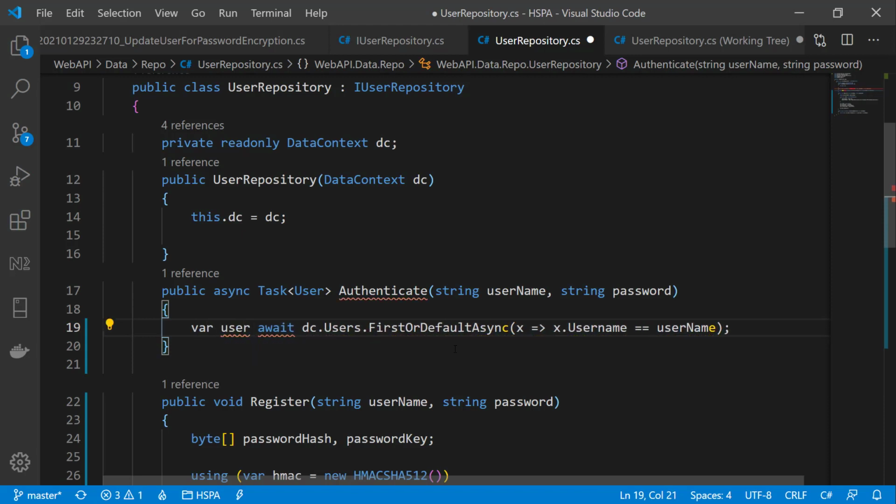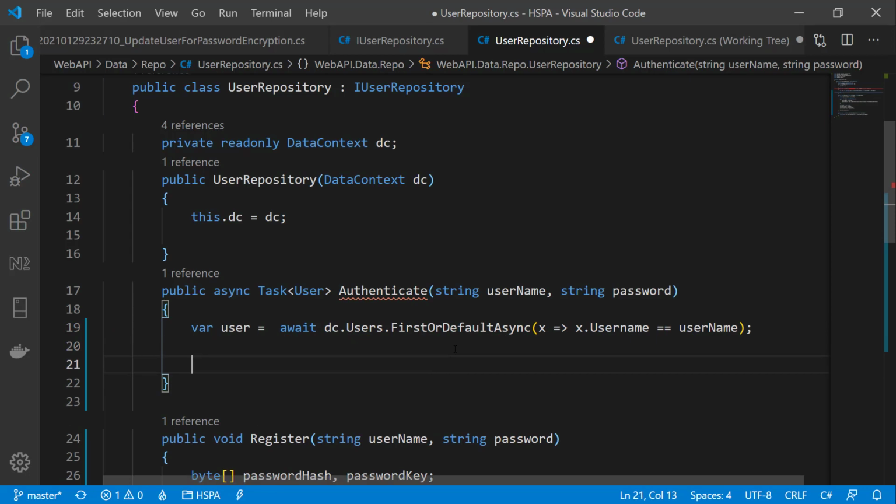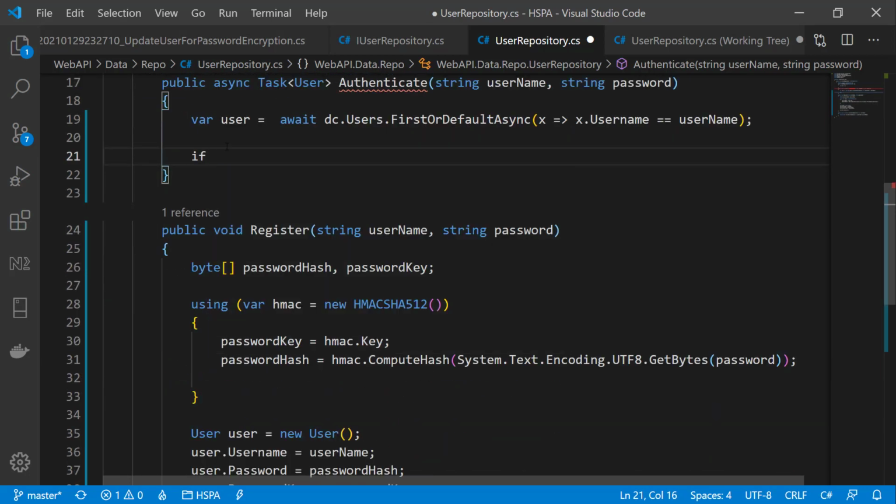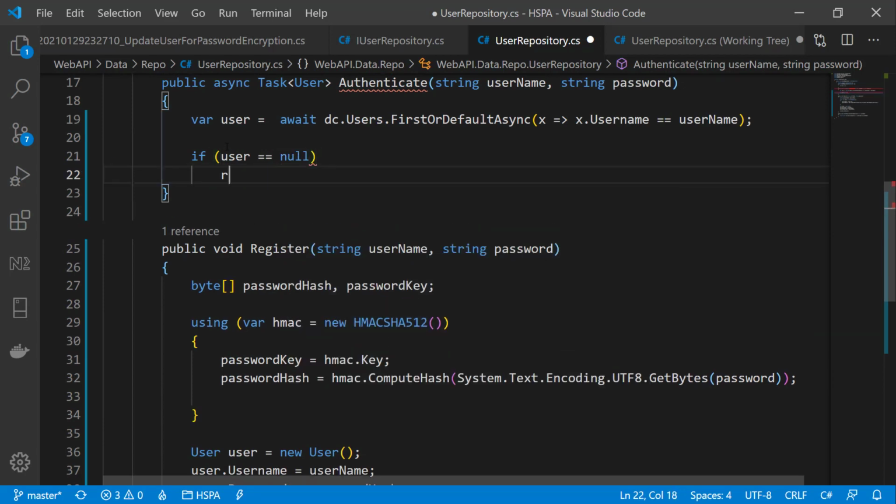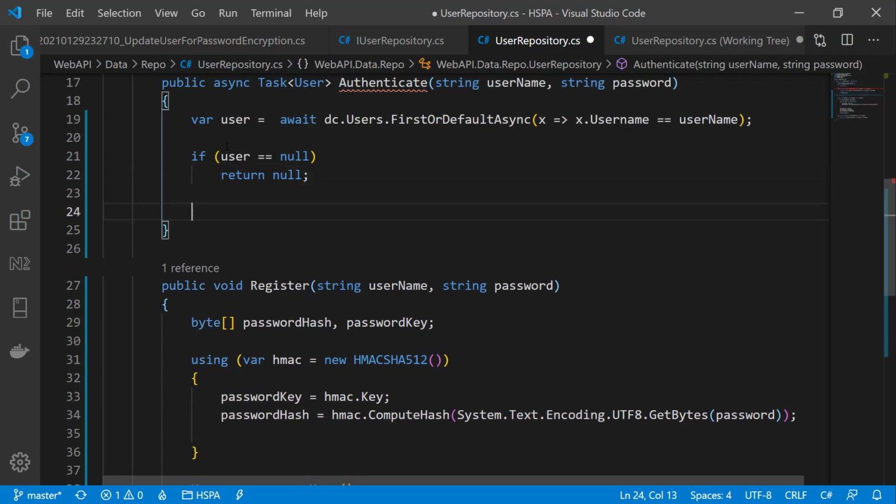So let's fetch the user info in a user variable, and if there is no such user available in the database, this user object will have a null value, and we should return null if no such user exists. In this case, our controller is responsible for throwing an error if this method returns null. If a user exists, we will match the password hash. We will create this function soon, and this method will return true if the password matched. This method should have 3 parameters to generate the hash and match it with the database.